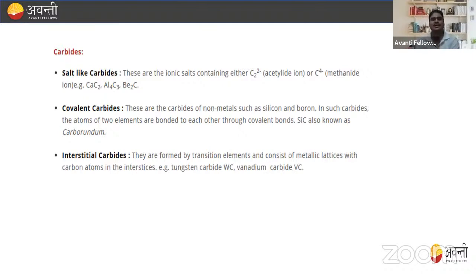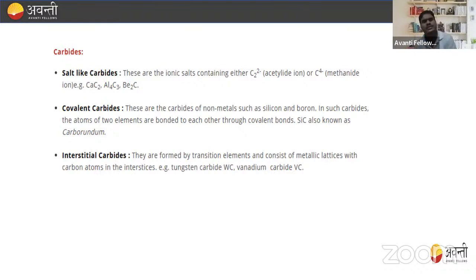Now, covalent carbides are the carbides of non-metals such as silicon and boron. In such carbides, the atoms of the two elements are bonded to each other through a covalent bond, that is SiC, also known as carborundum, right? So basically, salt-like carbides means they are ionic carbides. Covalent carbides means they are the carbides of non-metals, right? Now,